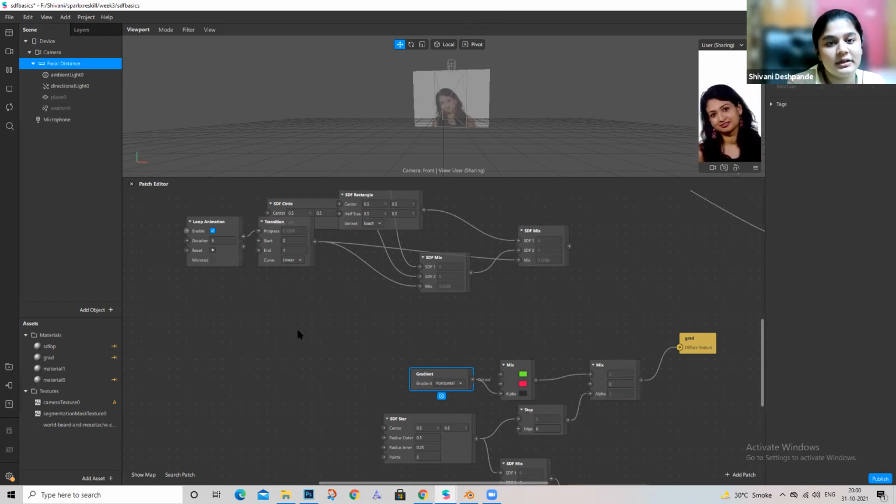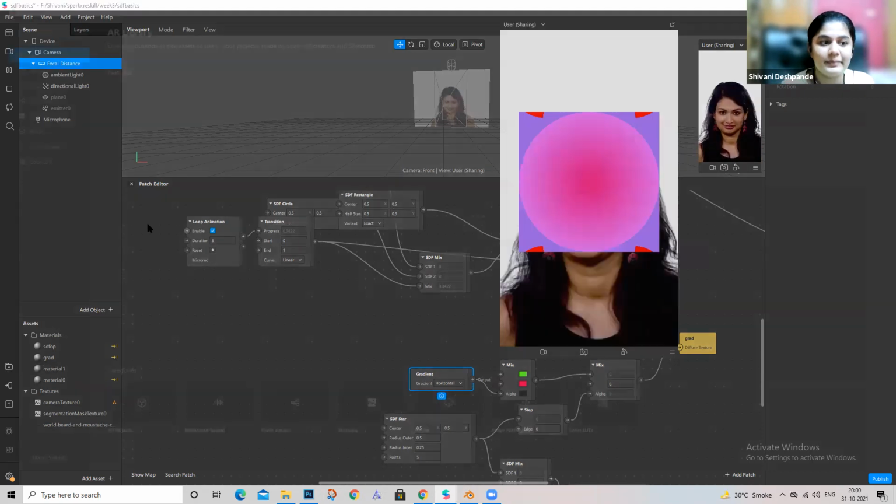So if we used overly elaborate 3D objects, we cannot make the filter with that because it won't be supported in Spark AR. So what we can do is look for low poly 3D models. Low poly 3D models are made such that they don't have unnecessary or extra triangles.